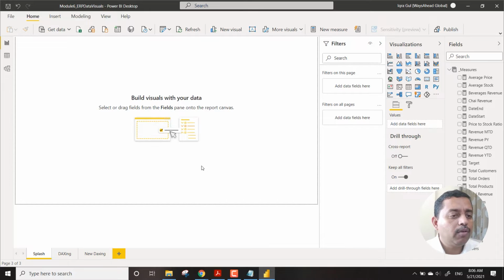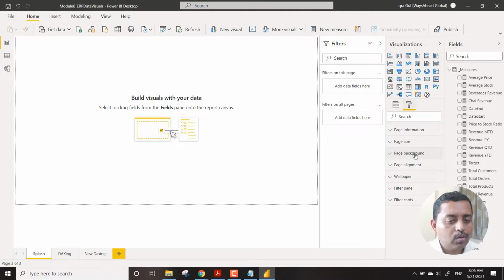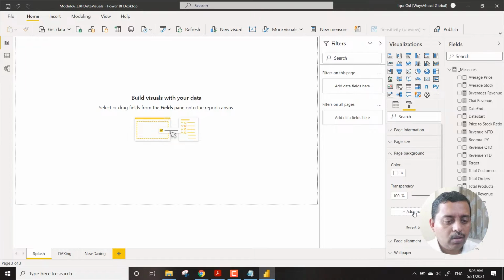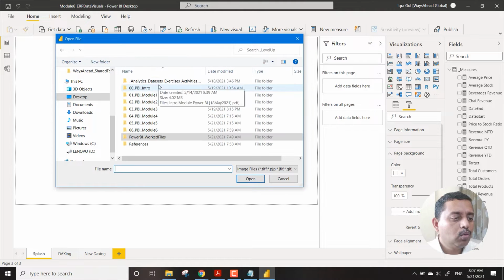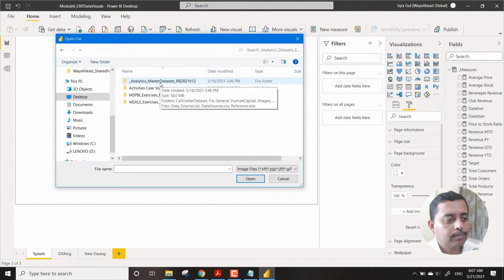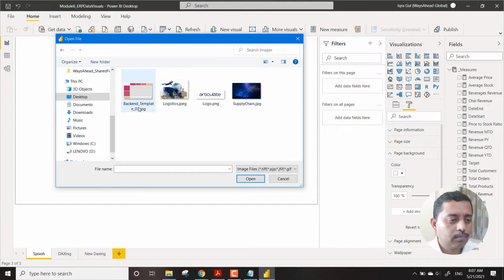Majorly, what we are going to do is insert a background. We go to page background, where we have something called add image. We will go to our data sets, and in our data sets we have an image.